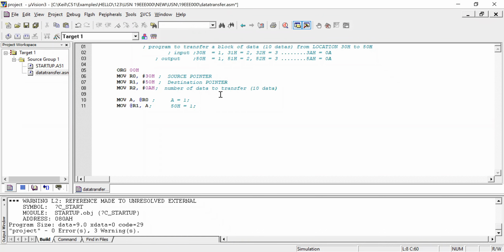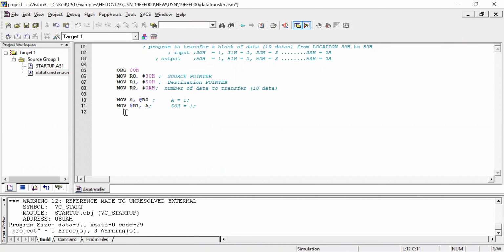Now, see. As per this instruction, from 30H we have taken one value that is loaded into the accumulator. From the accumulator, we have pushed it to the 50H location. Now I want to go to the next location, that is 31H.